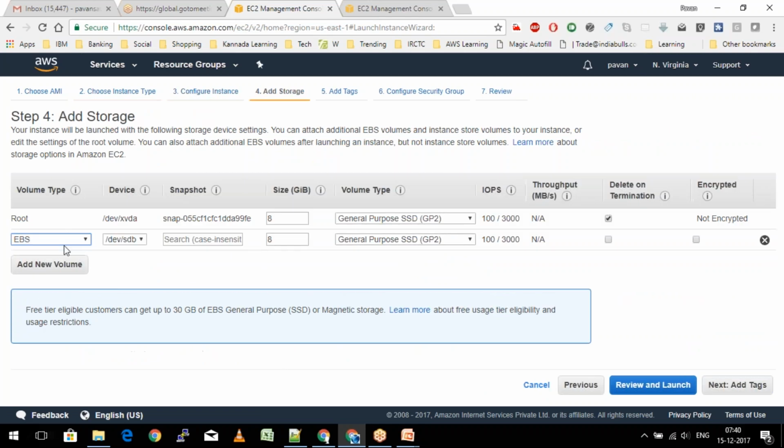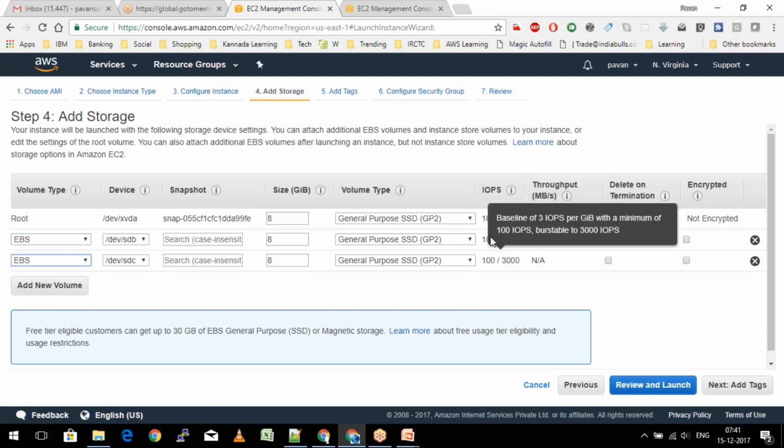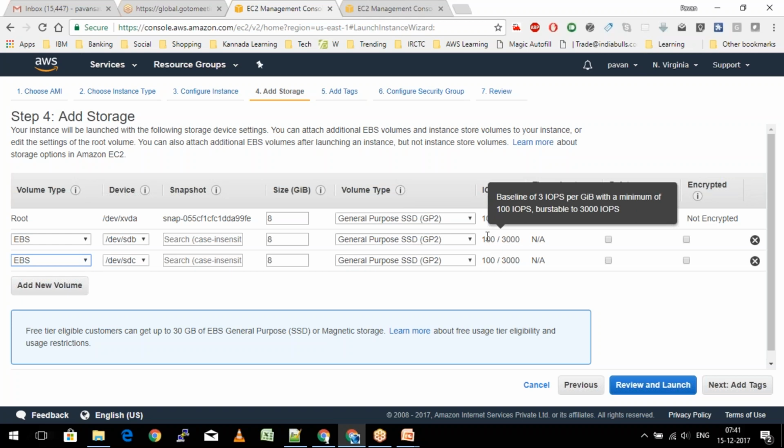If you have seen this, whenever I go ahead and create an EC2 instance here and attach extra volumes, all of them get a base IOPS of 100, right? Actually, the real figure is 3 IOPS per 1 GB, but as a baseline minimum, I'm getting 100 IOPS on every volume.